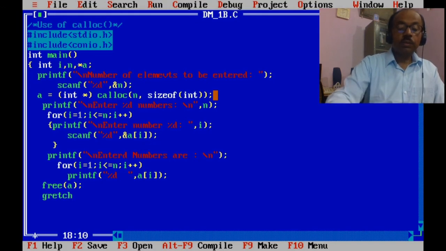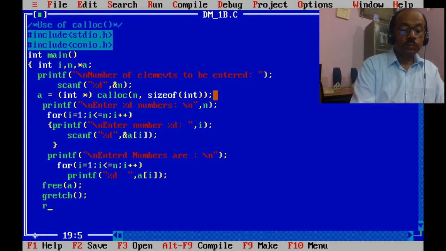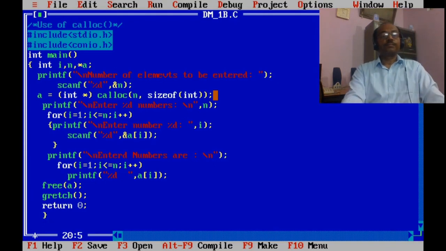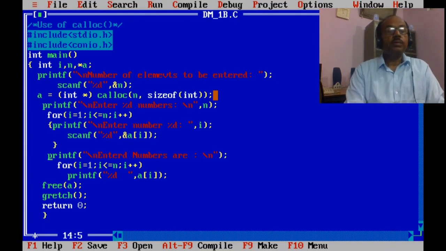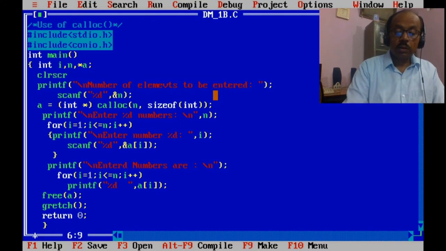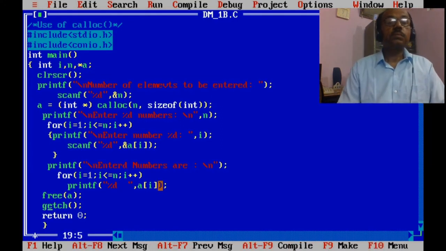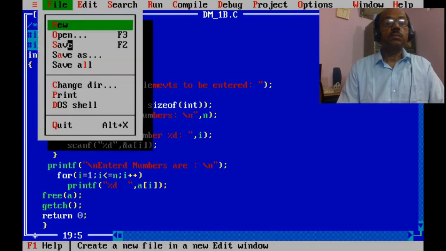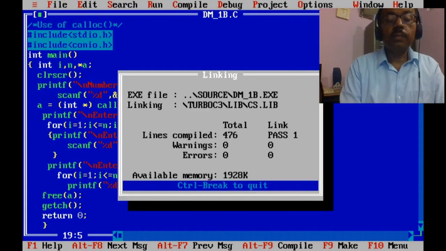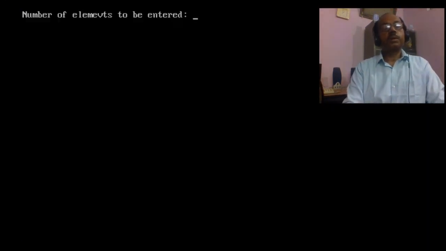getch, return 0. Here we may use a command to clear the screen. Control F9. So we have to enter the number of elements to be entered.